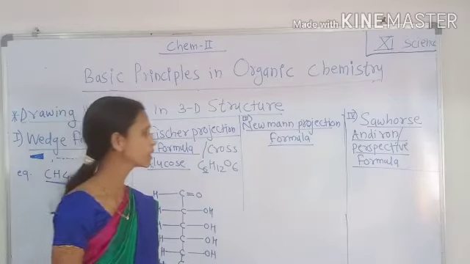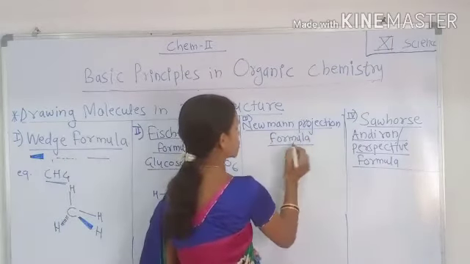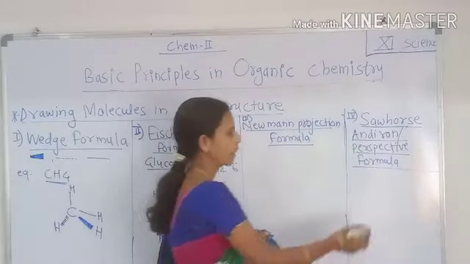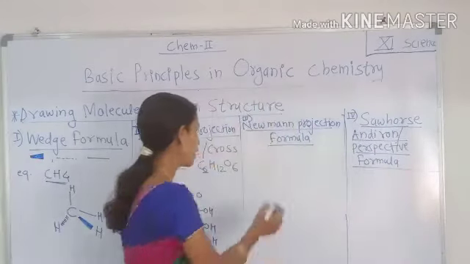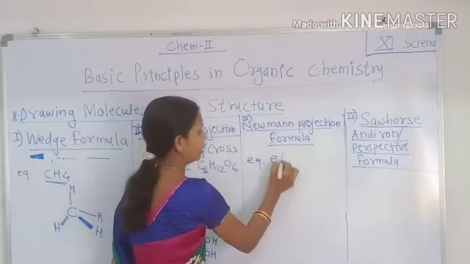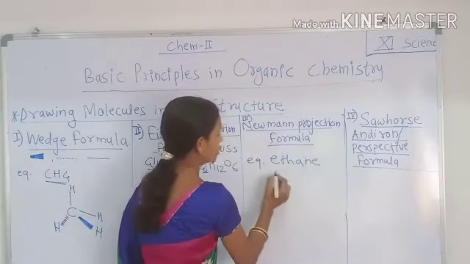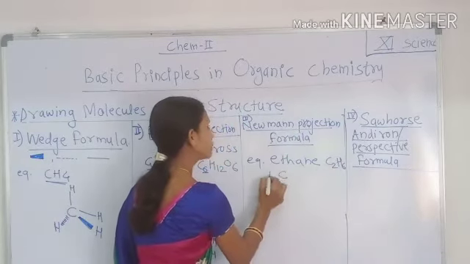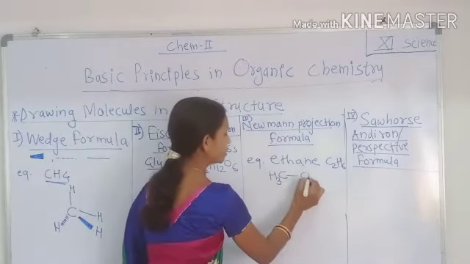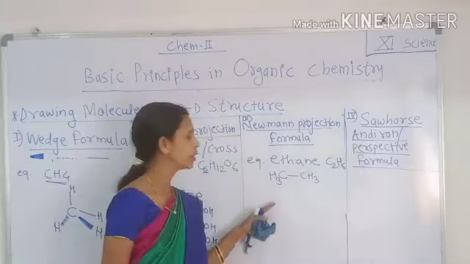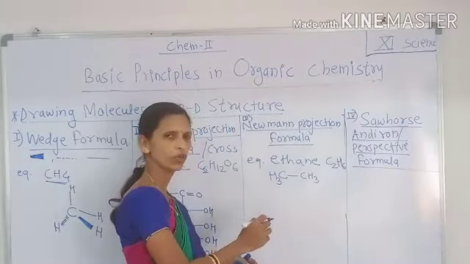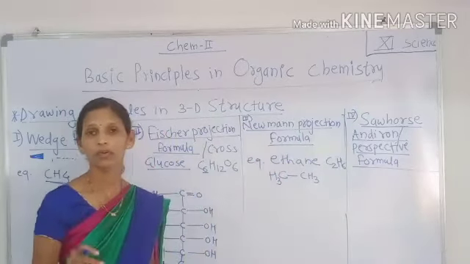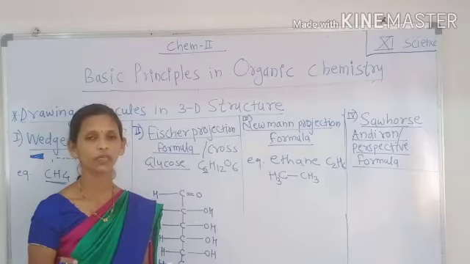Then I am going to take a few examples of organic compounds to draw the 3D structure of those molecules using the Newman projection formula as well as the Sawhorse or perspective formula. See here the example, ethane. Ethane has the molecular formula C2H6 and the condensed formula CH3-CH3. To draw the 3D structure of ethane by Newman projection formula,